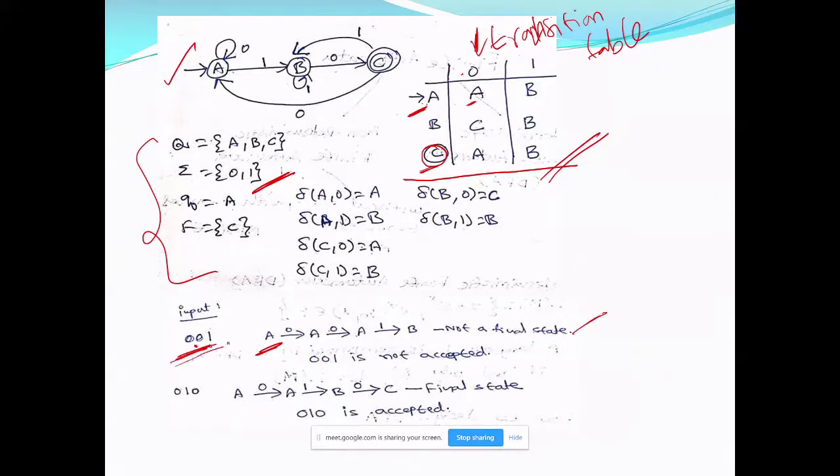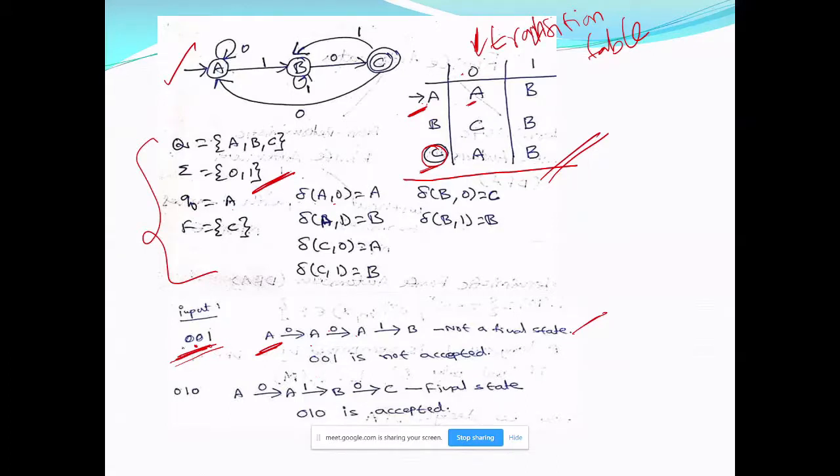So after processing all the input symbols, your DFA is processing symbols one at a time. It cannot process more than one symbol, and after processing the current input symbol, it will be ready for reading the next input symbol. It cannot come back. That is the limitation of this FA.